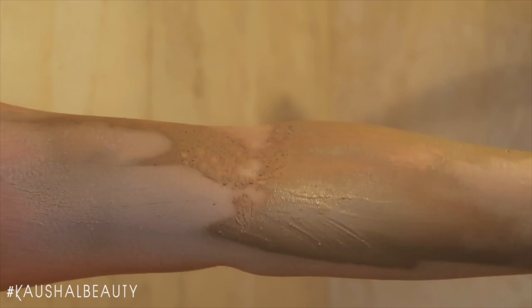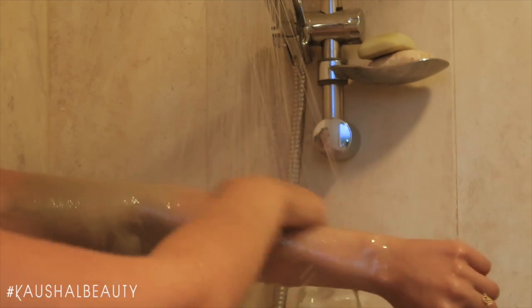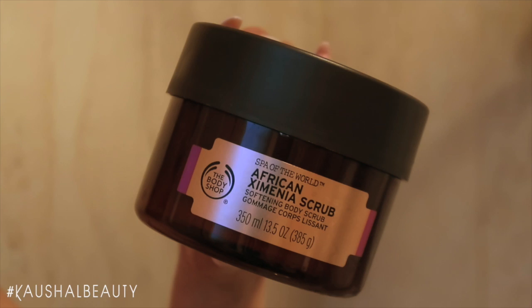With this, the mineral clay called rhassoul has been used for so many years by Moroccan women to firm their skin. So the drier the mask gets, the tighter your skin gets as well. As you can see, it tightens and dries and makes your skin feel so much tighter straight away, which is so cool. And once it's been around 15-20 minutes, when you can see it's all dried up, it's ready to wash off. I jump into the shower and make sure my skin is nice and clean before moving on to